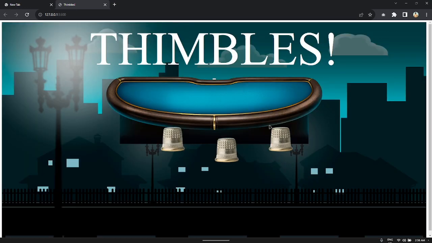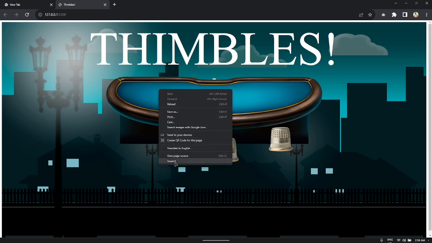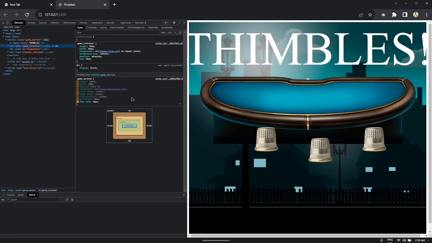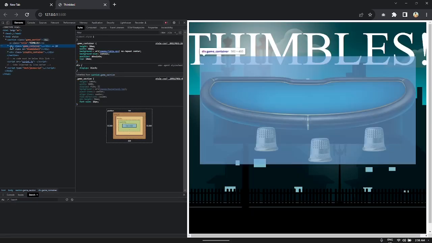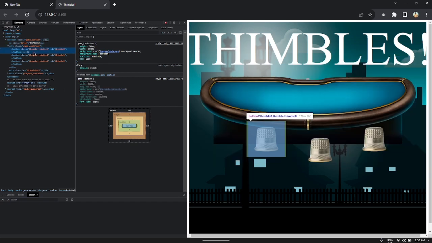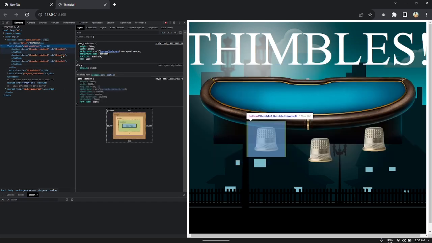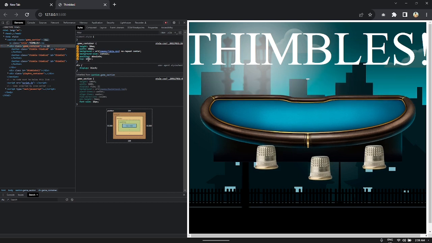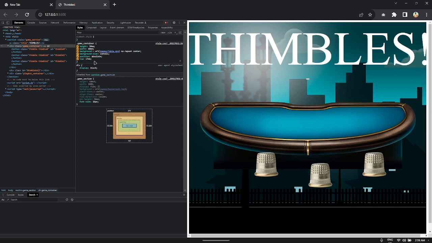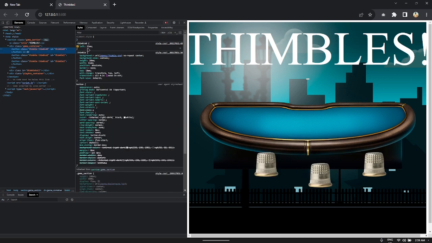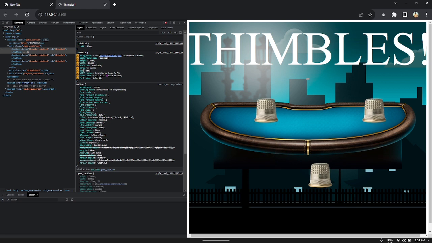Okay, so it's looking good. Now we have to add a little more top to the game container and decrease the top of the Thimbles. So the game container top 17 em, and the Thimbles, the top, we decrease it a little bit to